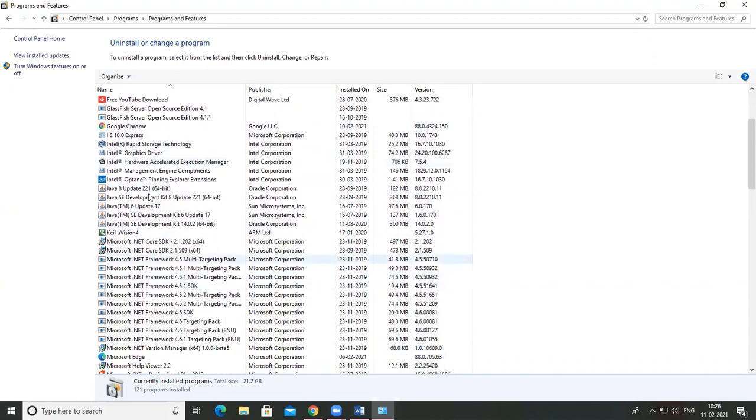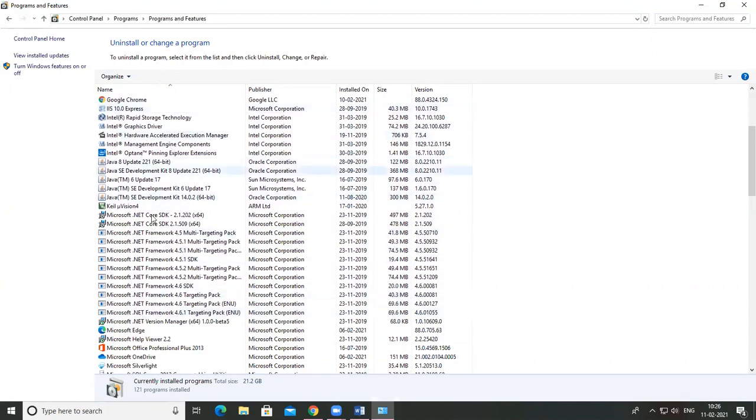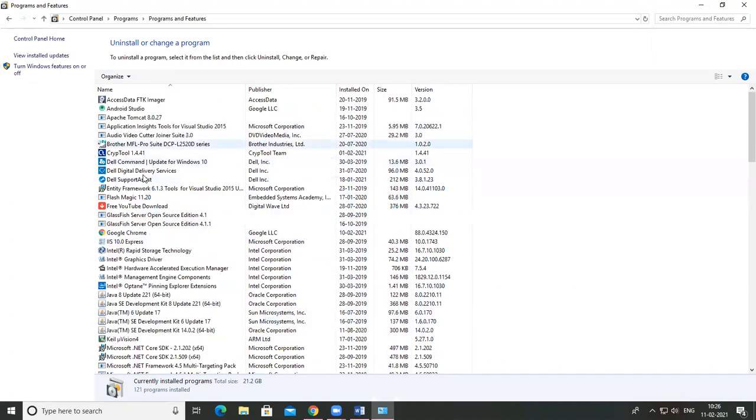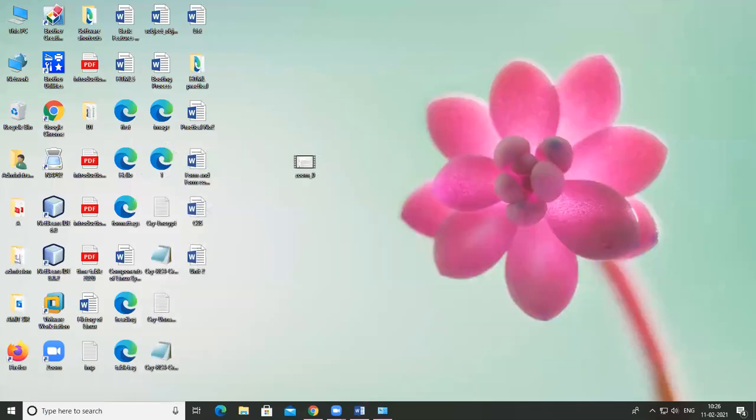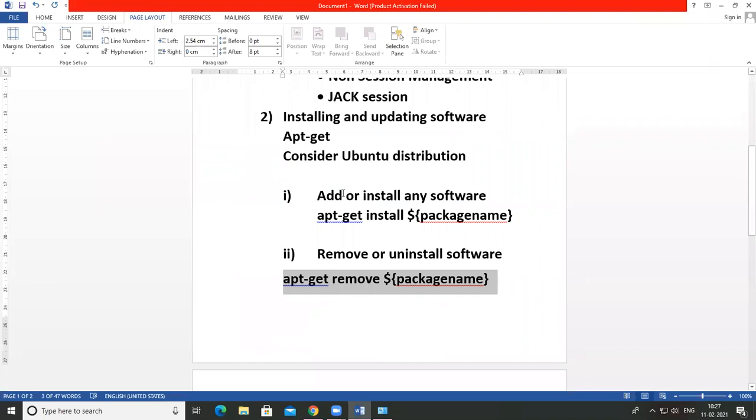Suppose you want to uninstall any package, that means software, from this Windows operating system, then you just click on that software name and click on this option uninstall. After that, this software is uninstalled from your Windows operating system. So just like that, in the Linux operating system, suppose you want to uninstall any software or package, then give the command apt-get remove $package name.